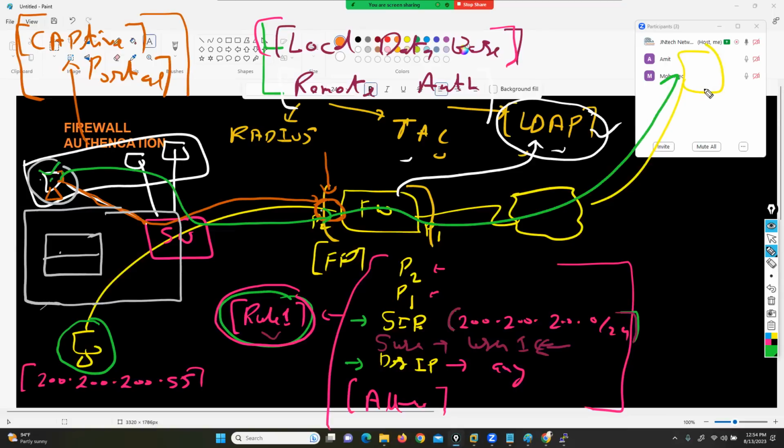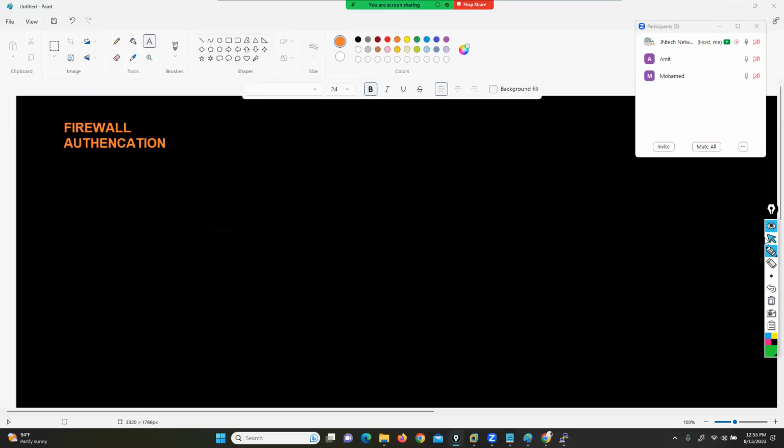So my point is you can monitor your guest users and your existing users. Clear now, my point? Yes, sir. So here, let's go with this option. You can see in the firewall,